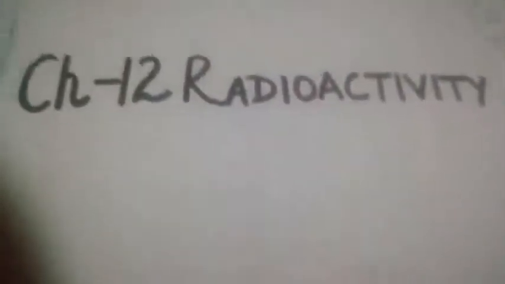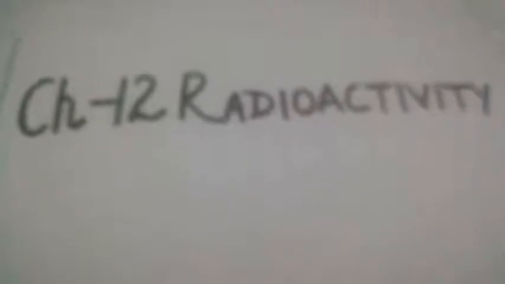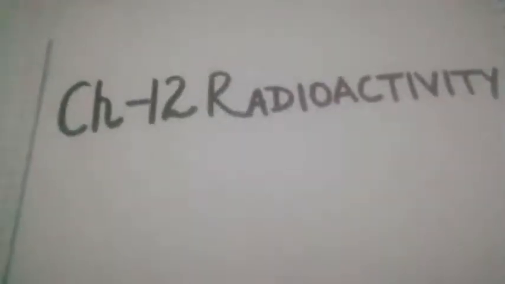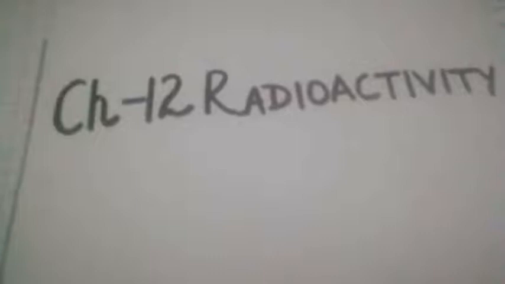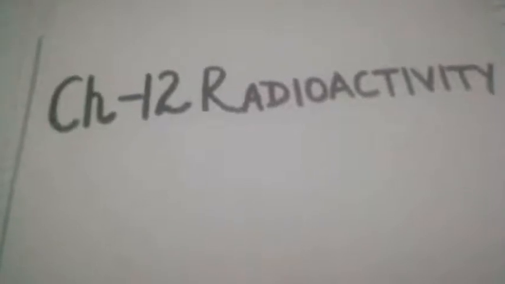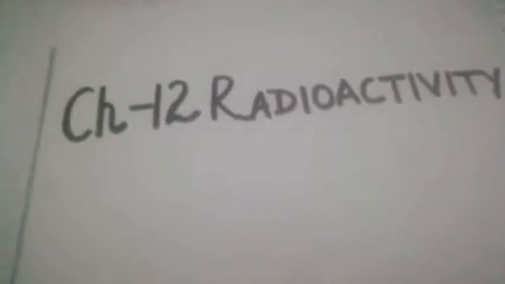In many cases, children, alpha emission and beta emission are found to be followed by gamma emission. Now, when does gamma emission happen? Usually, when the daughter nucleus after the alpha emission or beta emission is in an excited state. Being in an excited state means what? It has excess of energy, or it is an unstable nucleus. Then what happens? It becomes stable by the emission of that excess of energy.